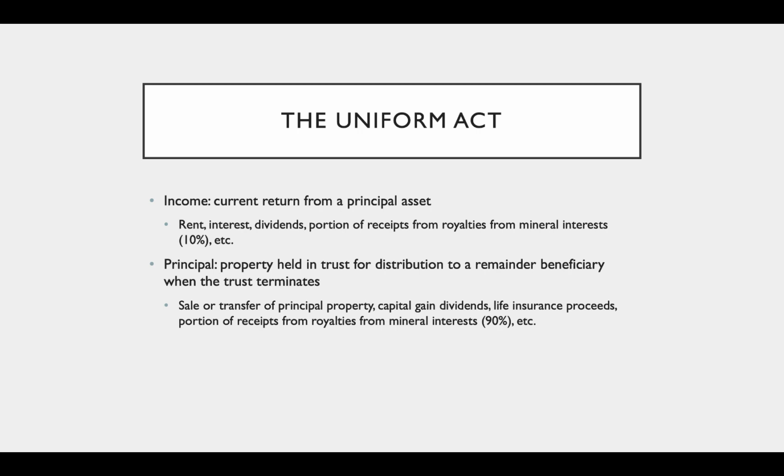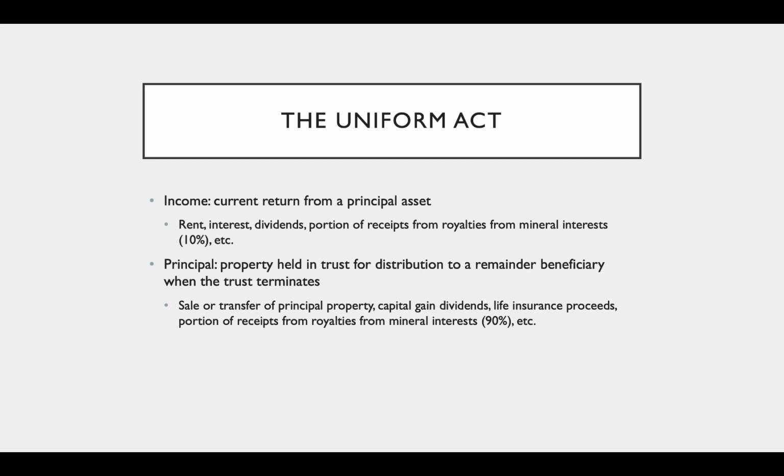Income is usually defined as the current return from a principal asset. Some things classified as income are rent, interest, dividends, a portion of receipts from royalties from mineral interest, etc. So 10% of the royalties from mineral interest. Things that are defined as principal are